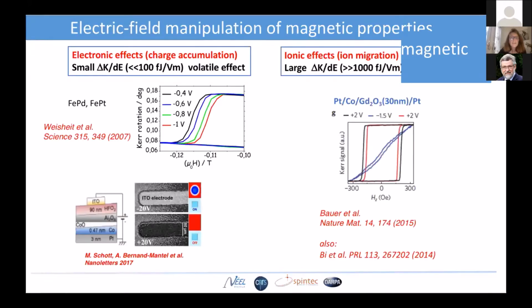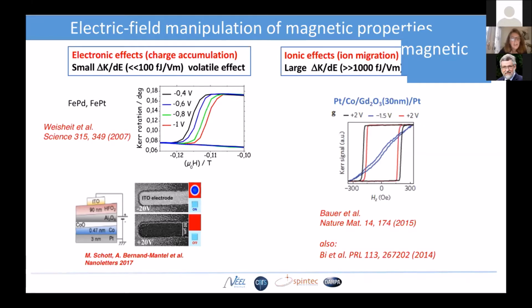Electric field manipulation of magnetic properties is a relatively new field that was pioneered in Grenoble in our group by Dominique Givor, who left us a few years ago. They first demonstrated, in the case of thin iron palladium and iron platinum films, the possibility to change the magnetic anisotropy by a few percent using an electric field, in this case using a